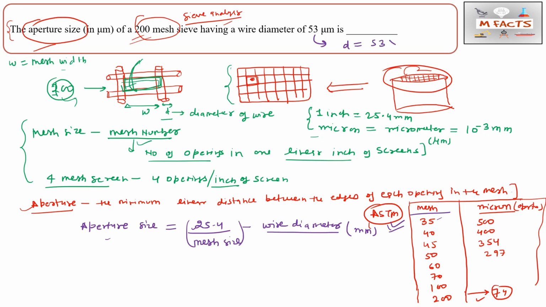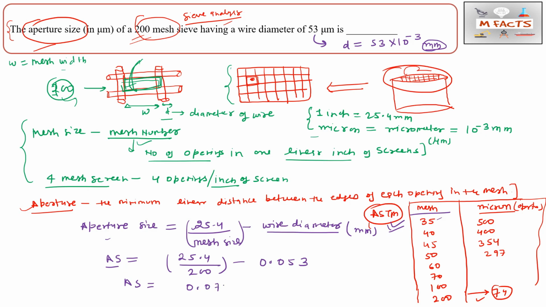So we can change it into millimeters only. Okay, so if we multiply by 10 power minus 3, that will be in mm. Okay, so now we will put the value and we will find the aperture size, that is as. Okay, so 25.4 by mesh size is also given, that is 200, minus wire diameter in mm, so that will be 0.053 in mm, and here we will find the aperture size in mm only. Okay, so that will be equal to